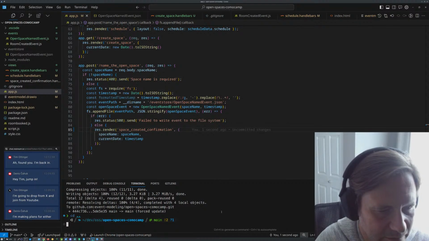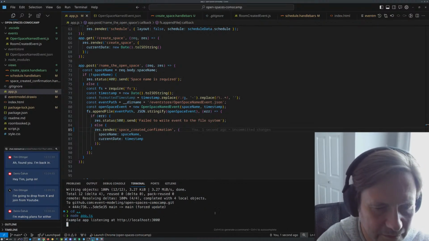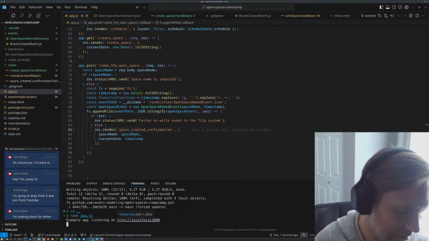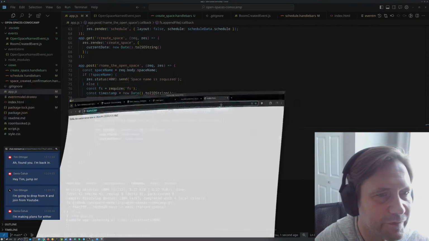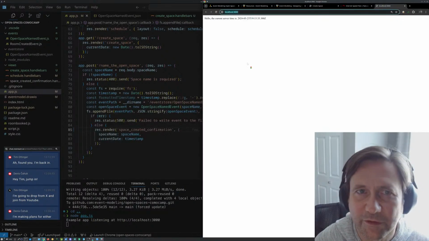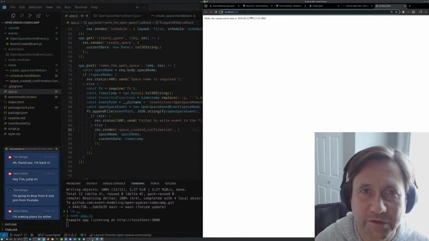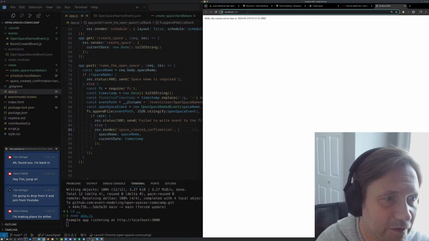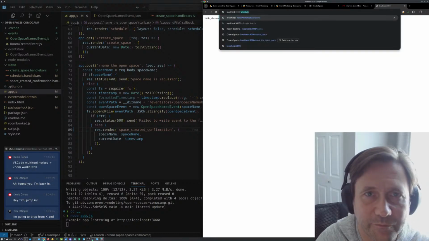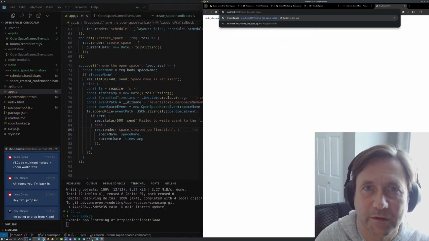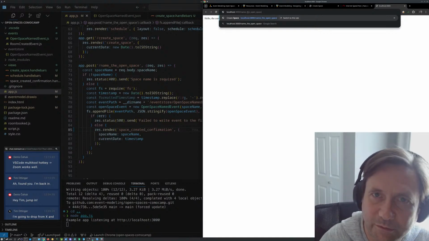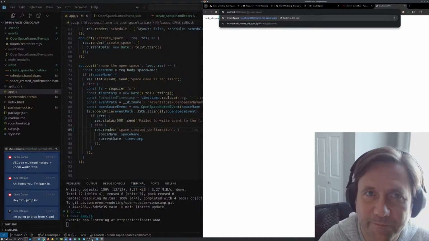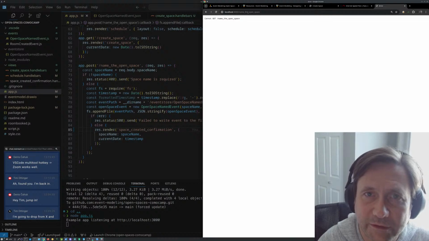Let's see. So now we have node. Do that. And of course, let's see. I didn't bother fixing the integration for hello, current server time is this. We didn't fix the debugging in VS Code. I think I need to enable something, and the other thing I got to do.